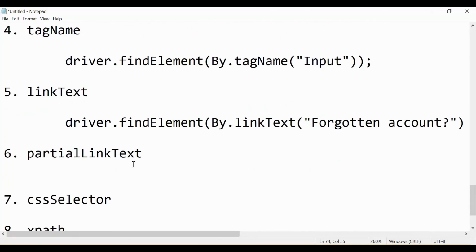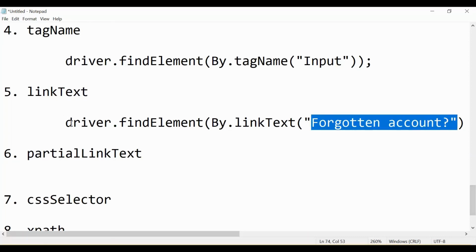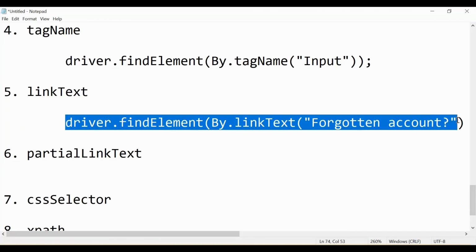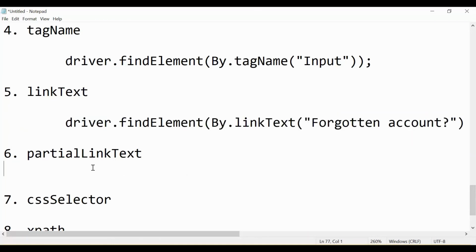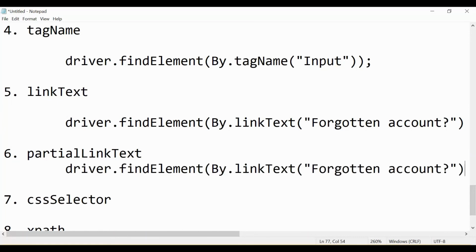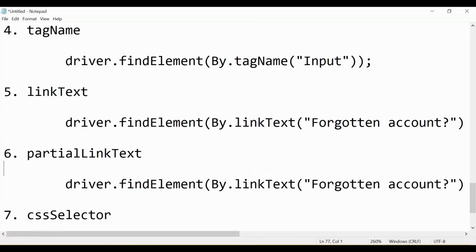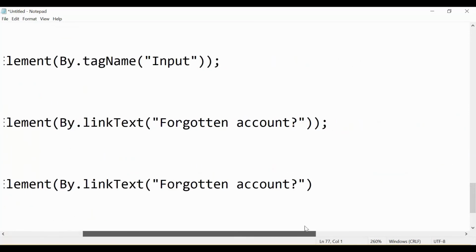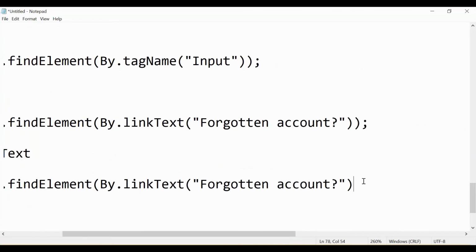Similarly for partial link text, as the name suggests, we can send some partial value of the text. This method is similar to the previous one, but as an argument you are required to send a partial text. Even if you give a partial link text, it will be able to identify that web element or link.